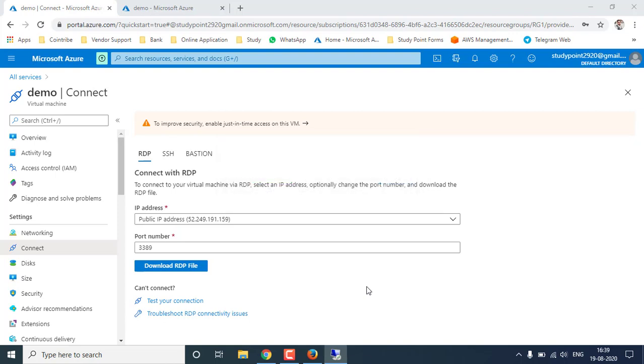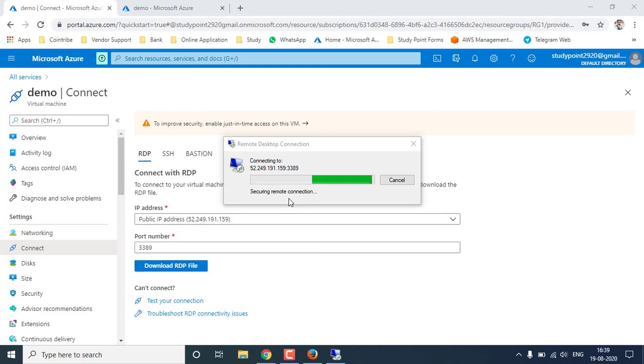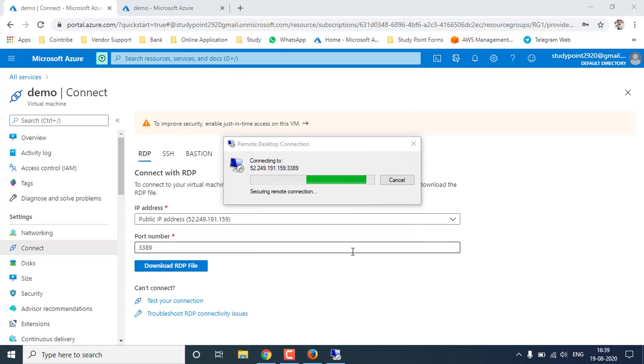Now it will ask you for the username and password which we created while creating the virtual machine. The username is study, which we created, and enter the password which we created at that time. Like I have entered that password, and now it will ask you for login permissions. After that you will get logged in, and it will create your profile for the first-time login.